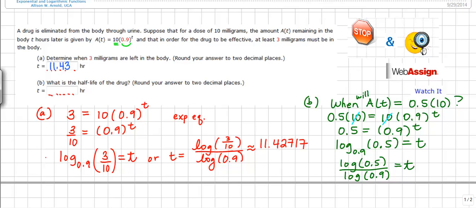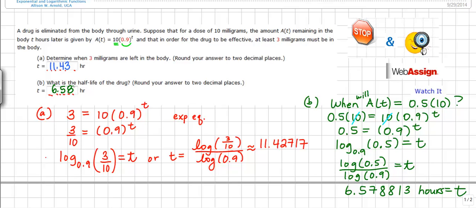And let's do the count. And I get 6.5788 and some change hours, which we are then asked to round to 2 decimal places. So I'll actually enter 6.58 hours